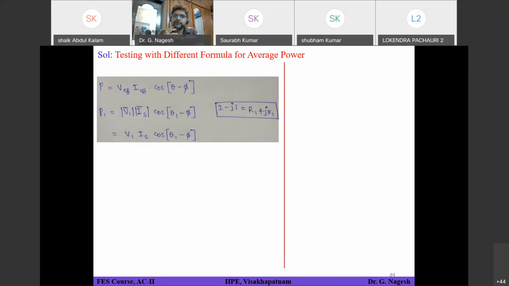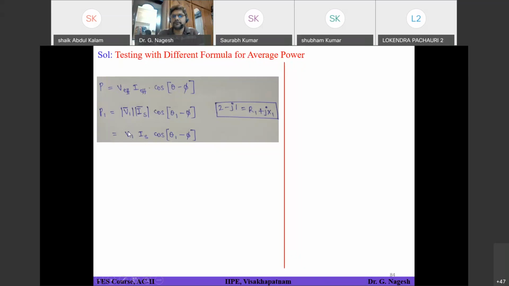Right. So, R1 divided by Z1. Similarly, try to write this voltage V1 also in terms of current and Z1. You know the voltage V1 across load 1, you know the current flowing into load 1, and you know the load 1 impedance, that means Z1. So try to write this V1 in terms of current and impedance: Is into Z1.